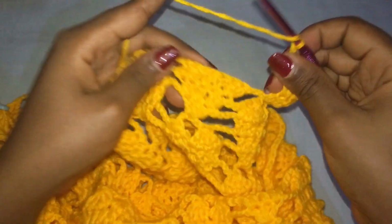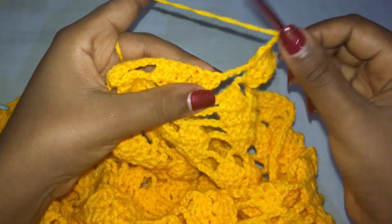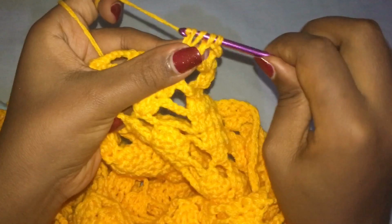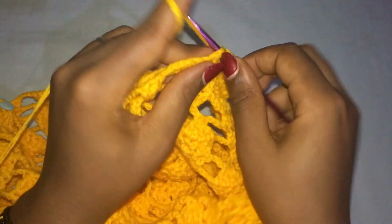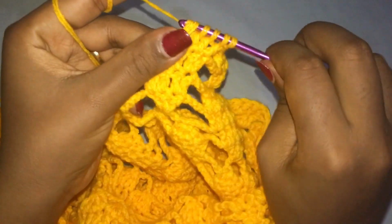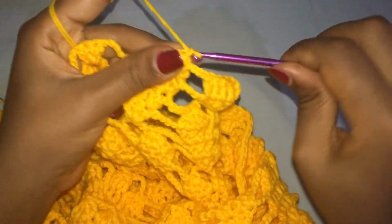1 2 3 4, yarn over, and now you're going to make 4 double crochets together, just like what you've been doing to make the heart. So insert your hook, pull up a loop, pull through 2, yarn over, insert your hook, pull through 2, pull through 2, yarn over, insert your hook, pull up a loop, pull through 2, yarn over again, insert your hook in the next stitch and pull up a loop, and then pull through 2, and then pull through all the last loops on your hook. And once you're done with that, you're going to chain 5,